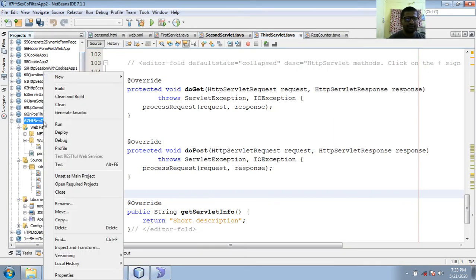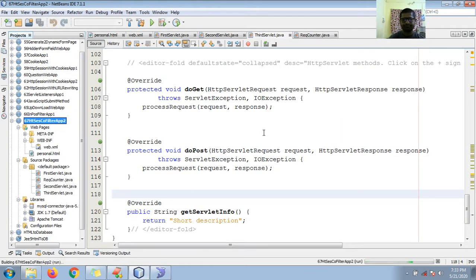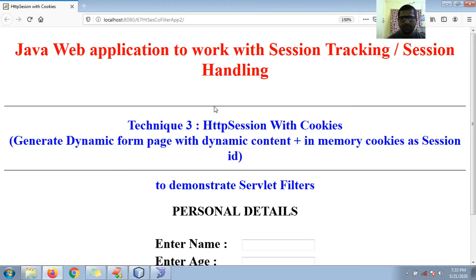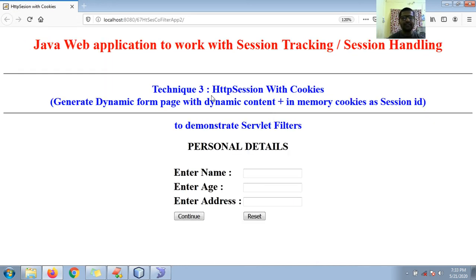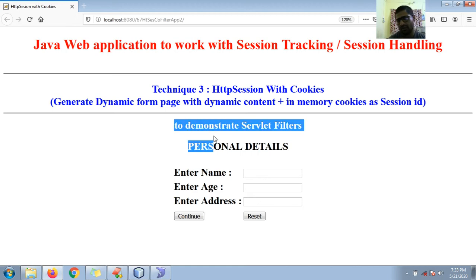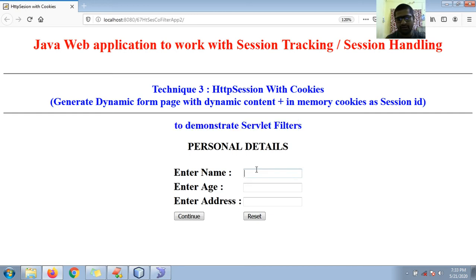So right click, run. For the web application, I need to minimize. So you can see here guys, to demonstrate the servlet filters, I want to demonstrate servlet filters. So here I'm trying to enter something.